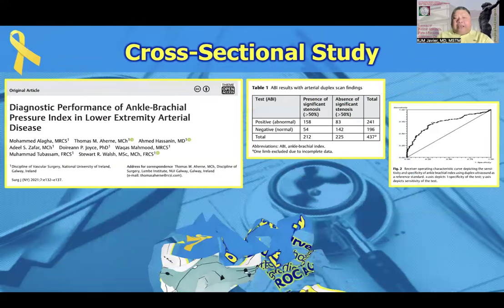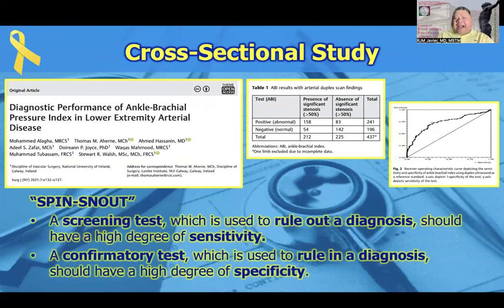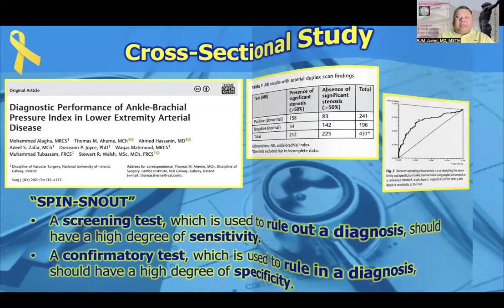So just to give you examples, this was highlighted several weeks ago in the previous lectures. What would be the characteristics of an ideal screening test versus that of a confirmatory test? And from this study, for example, you would see that they present an ROC curve, so you will have an idea of how to interpret this if you just see a graph plotted in the journal.